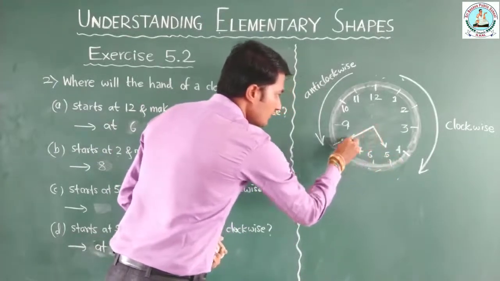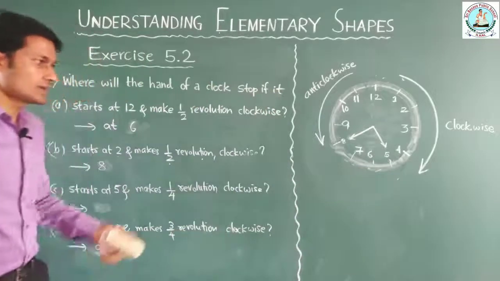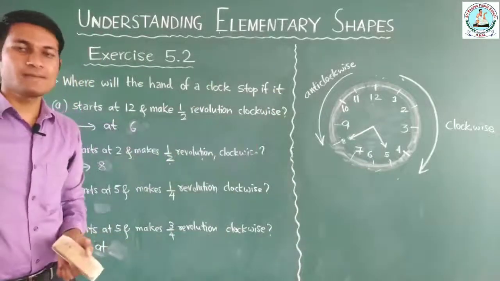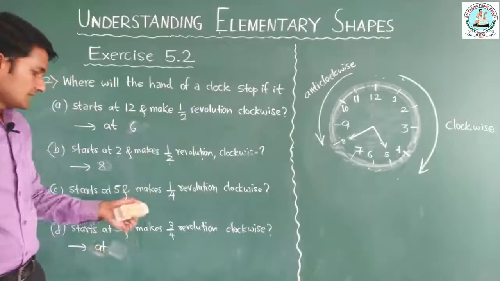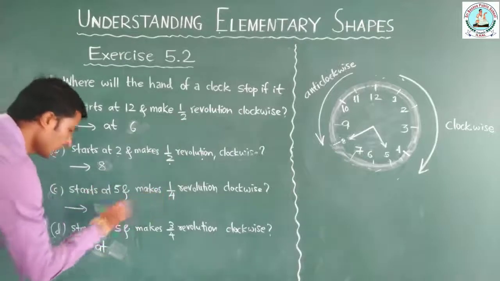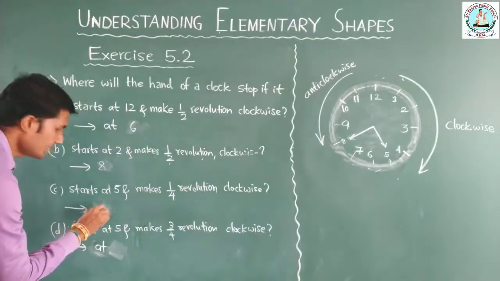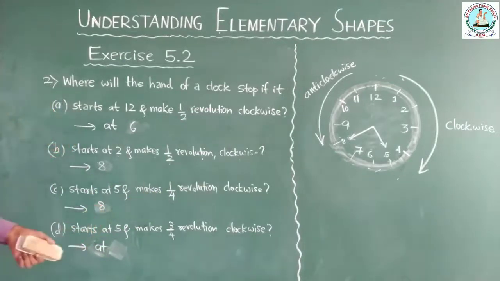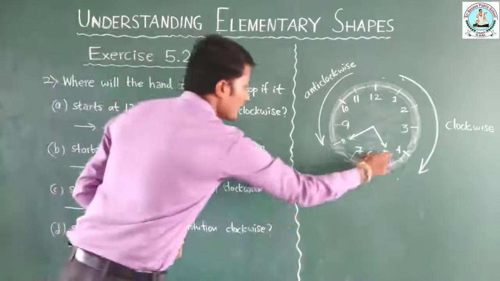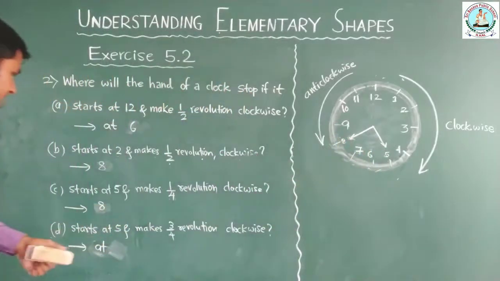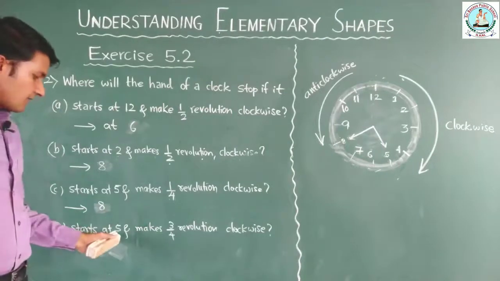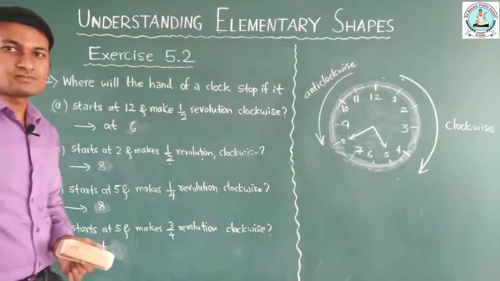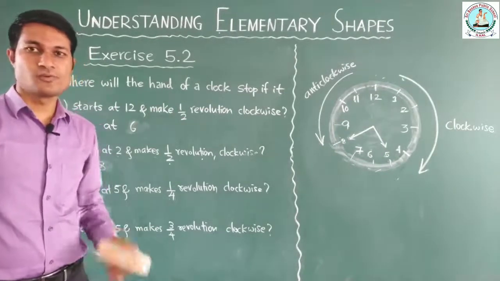So this is your 1/4 revolution. It has started from 5 and stopped at 8 after making 1/4 revolution. So it is 8 as well, correct? Okay, it's right. Then if I start from 5 and make a 3/4 revolution, so 1/4 revolution means 4 units,